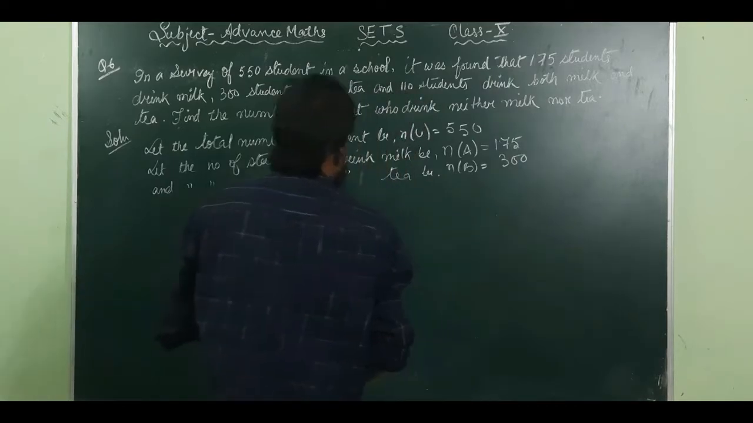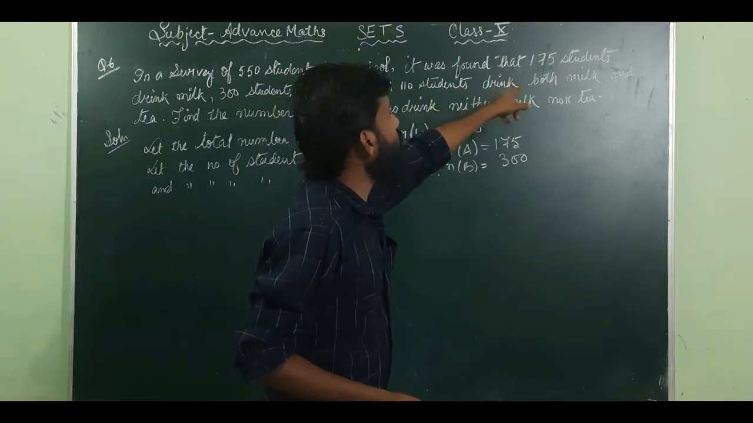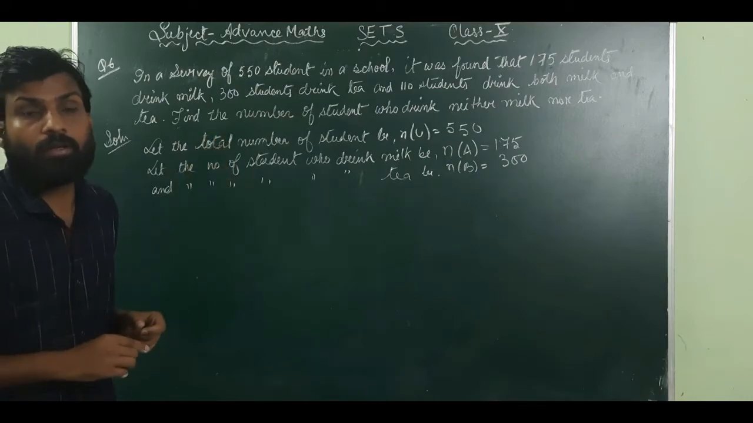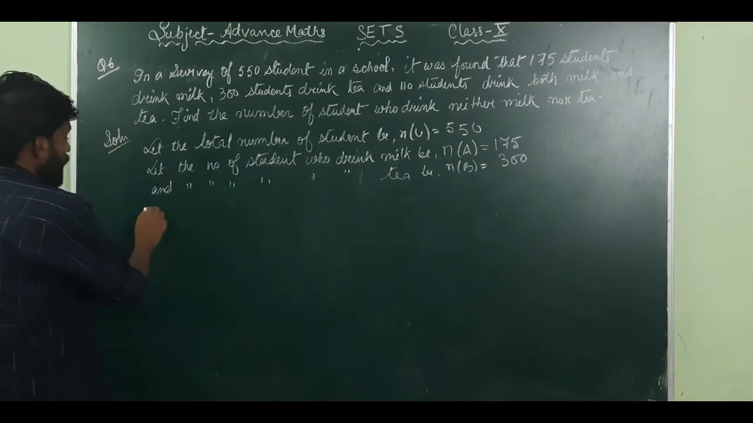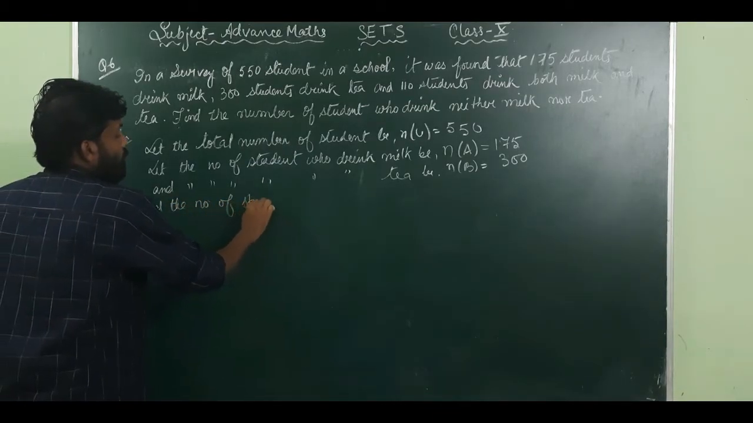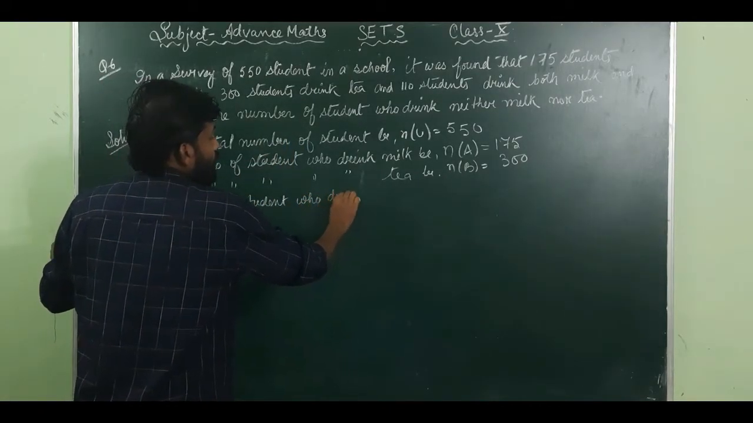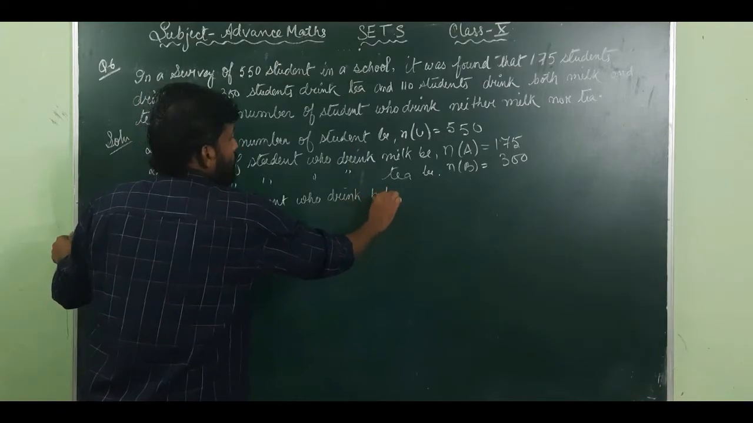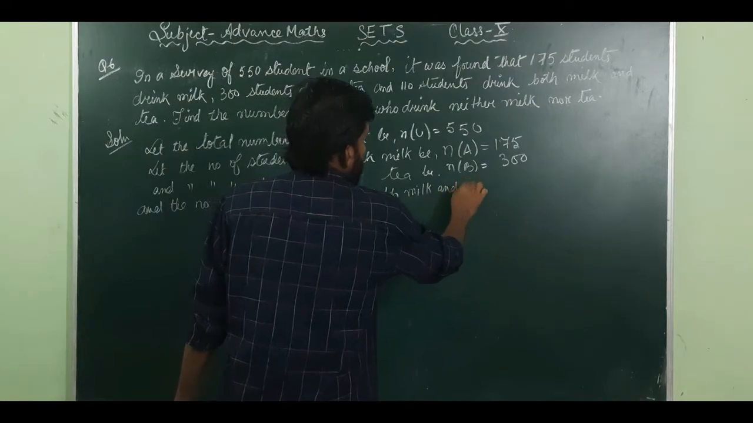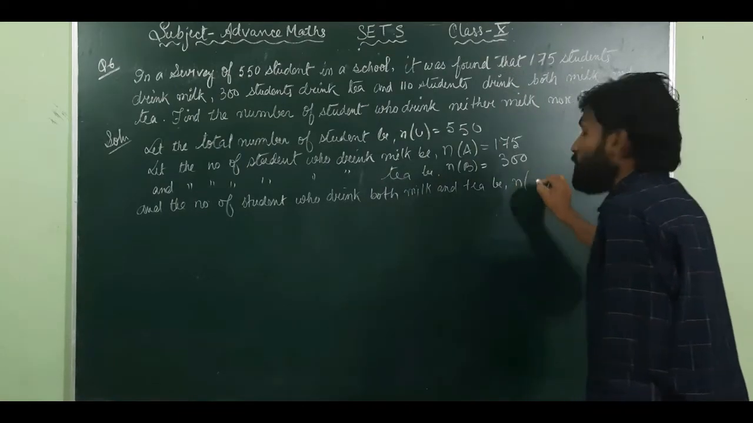There are 300 students who drink tea, and 110 students drink both milk and tea. When they say "both," remember it always means intersection. So let n of the number of students who drink both milk and tea be... okay. So what I want to take here, when they say both milk and tea, that